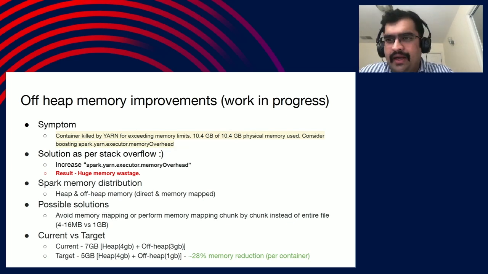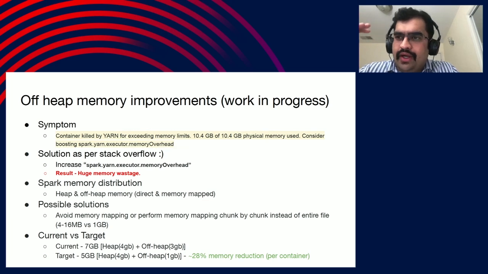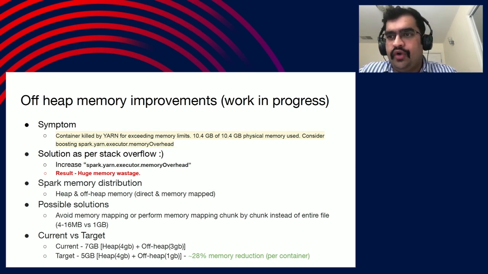So we had some ideas in mind of how we can improve it. We were thinking about doing a rolling buffer, where instead of memory mapping the entire file, we could use some 4 MB buffers and keep rolling, so that we reduce the physical memory usage. But in parallel, we also had an ongoing task of moving from Spark 2.1 to 2.4. The good thing is, if you have switched to Spark 2.4, you will not see this problem. The reason is that in Spark 2.4, they have migrated from using this memory map process to using file regions. They did that for some different reason, but actually this solved this problem as well.